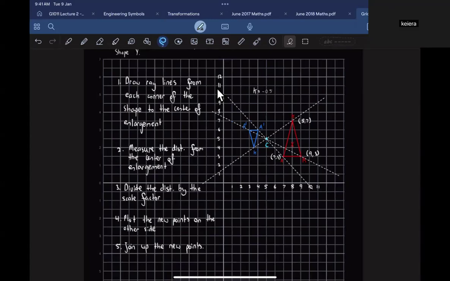Instead of a half, it'll just be like 1. Okay, 0.5 means a half. What do you think 2 means? If I say I have a half of $100, what do I mean? 50. So if I say I have 2 times 100, what do I mean? 200. Right. So if my scale factor is -2, it's going to take place on the other side, and the distances are going to be,